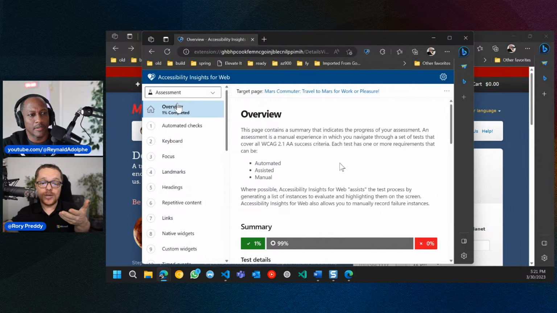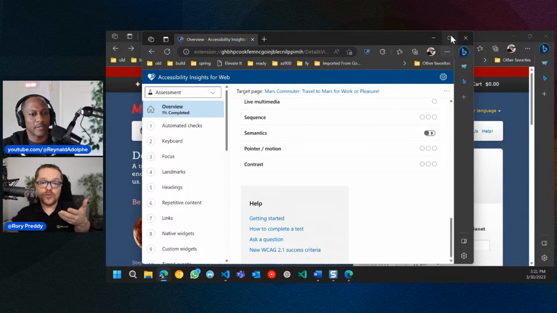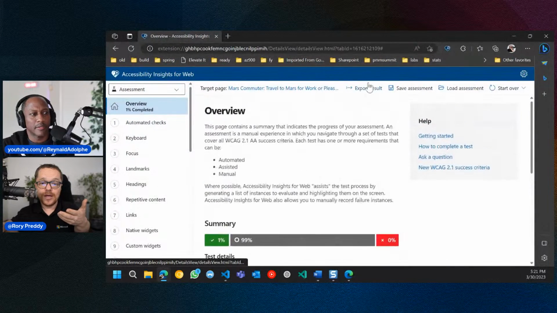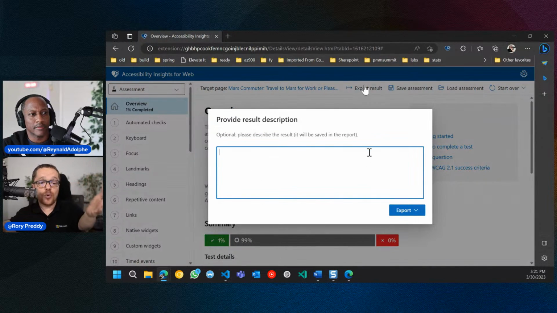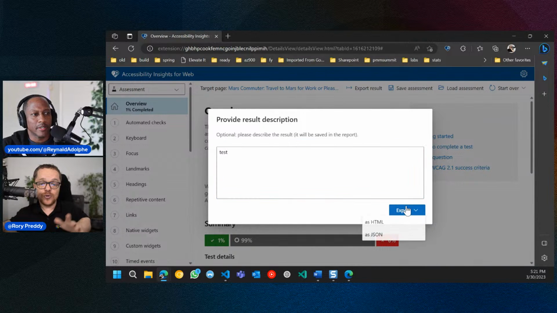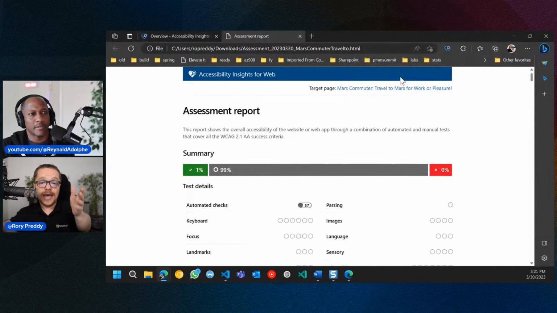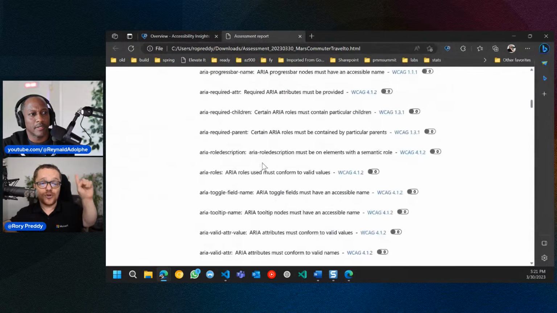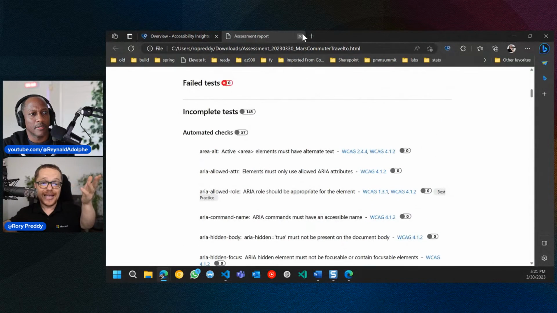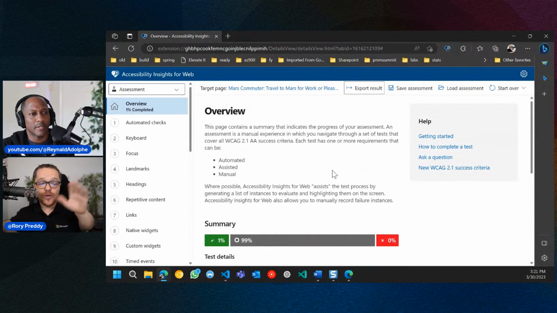You can actually go in here, the assessment, and you can export that assessment. Let me make it a little bit bigger here. You can go export the results and you can export the assessment. So test, and you can actually export that as HTML. And that'll say, if I open that file there, hey, listen, one of the things you did is captioning, the rest of them isn't actually working. So how do you get started with that?